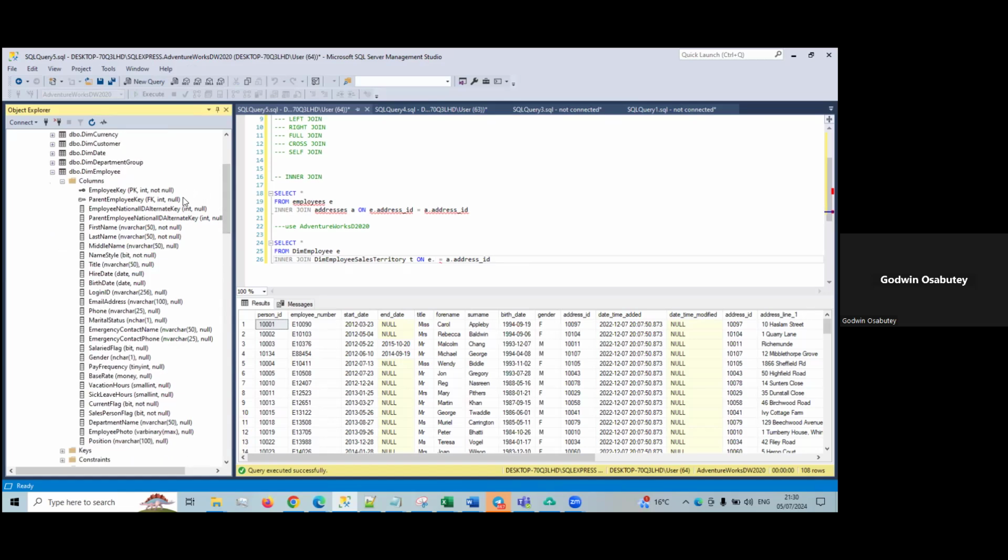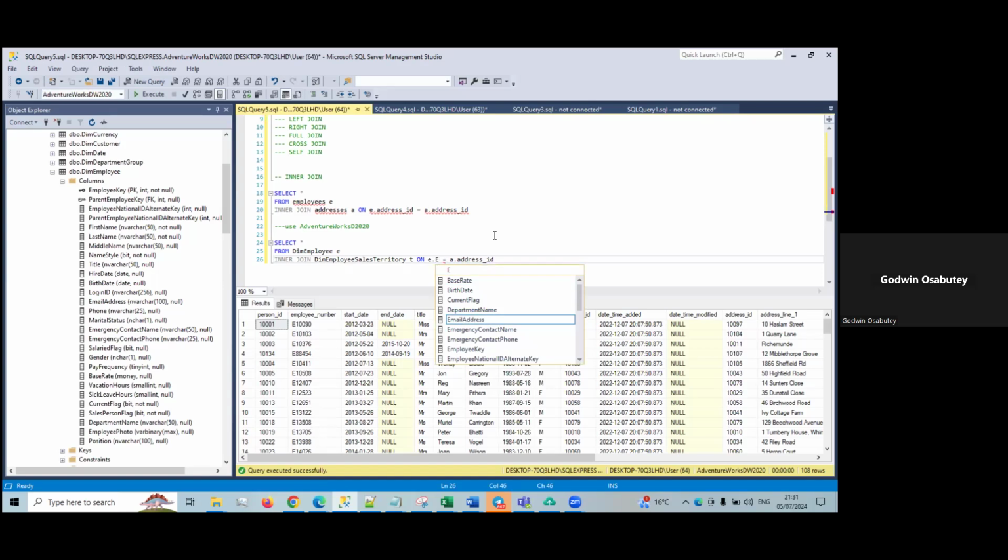So what we want to pick from this is the employee key. Employee key, right? So join it onto employee key. Employee key. And this should be equal to